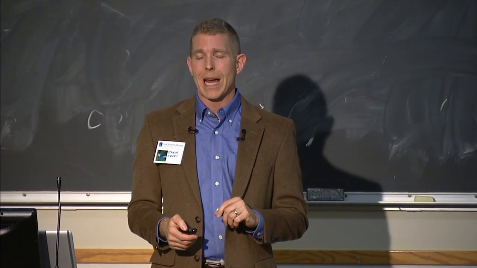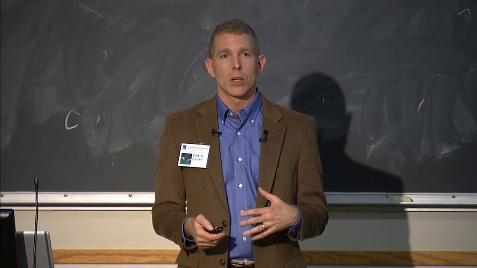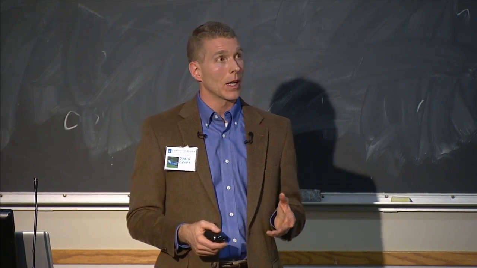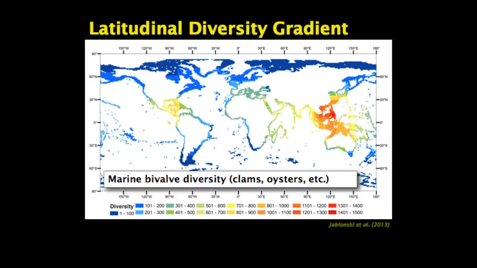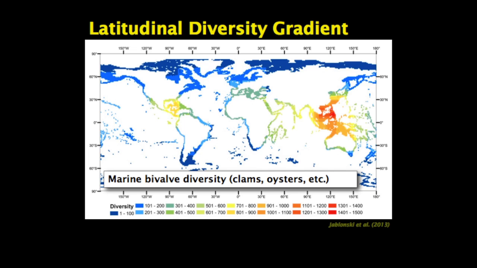An important thing to point out, though, is that this isn't just true for mammals or even for terrestrial animals. We can look at things like marine bivalves, clams, oysters, etc., that are living on the continental shelf. And this is a similar sort of heat map, and you see essentially the same pattern. It's cold near the poles, and it's nice and warm near the equator. So whatever explanation we need to come up with probably has to have fundamentally some type of abiotic explanation, and maybe in different groups, some of these museum and cradle effects can then be layered on top of it.